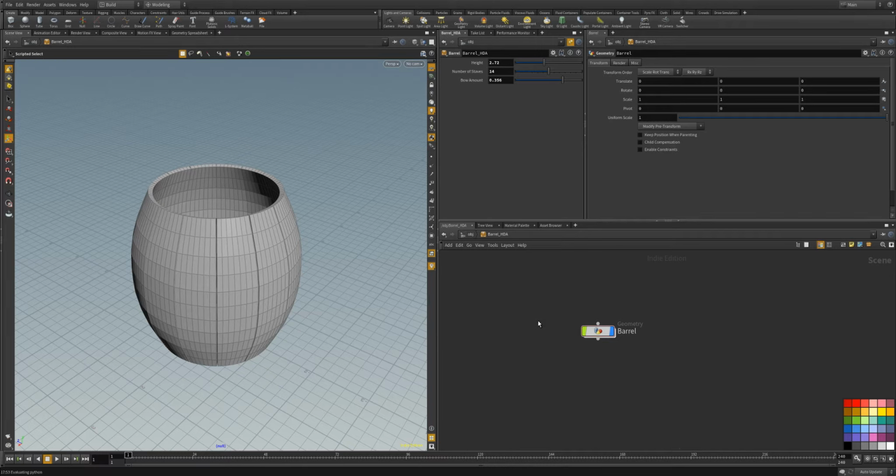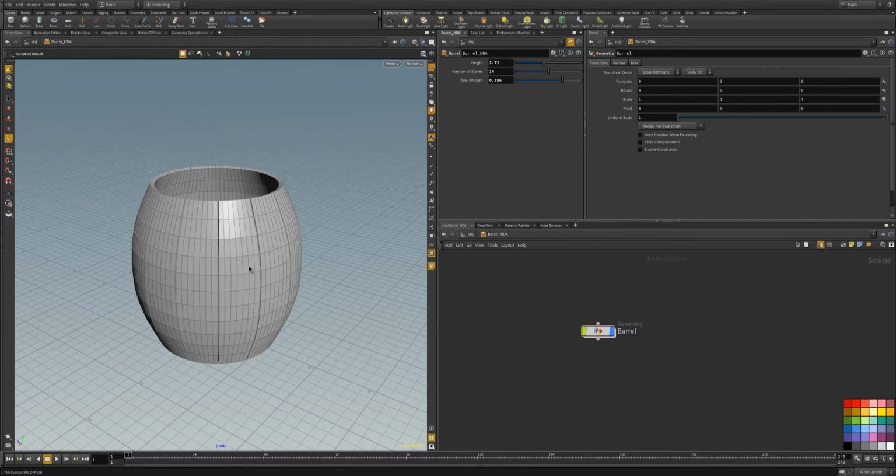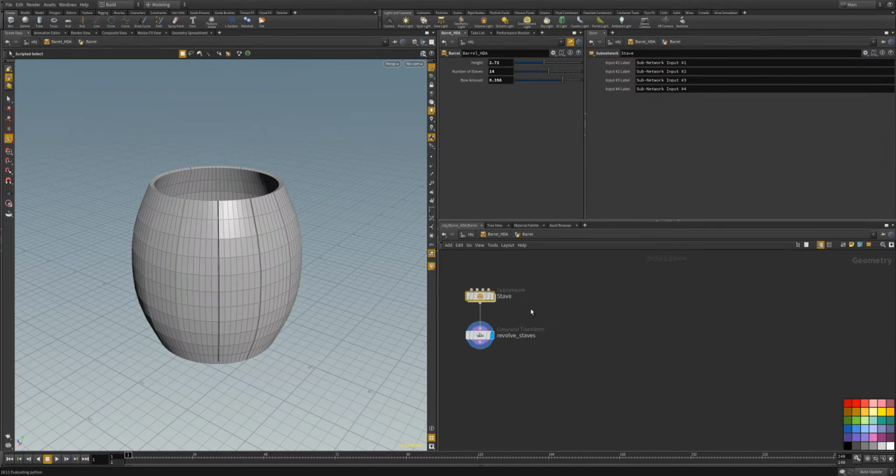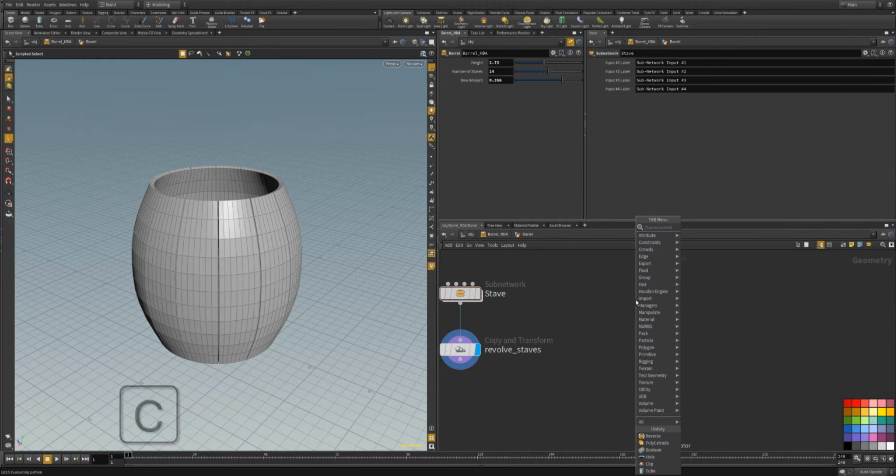Howdy guys. So in this video we're going to continue where we left off and finish making our barrel. We're going to start with the barrel heads and add the bunghole in this video. So let's get started. We'll go down to our barrel, and over here on the right let's add a circle